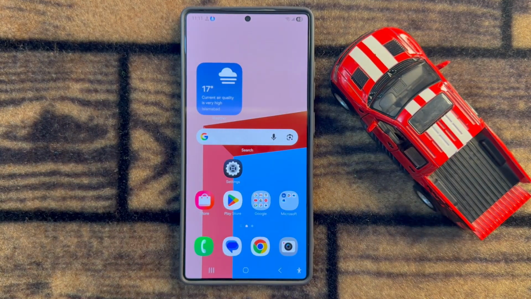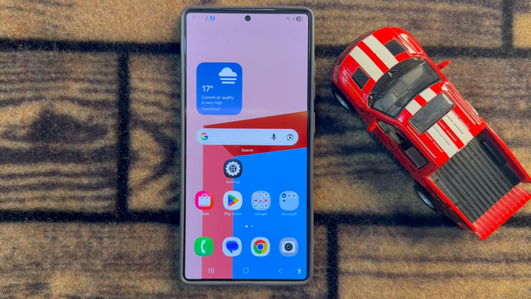Refresh once. So that's how you can fix the issue of installed apps not showing their icons on Samsung Galaxy